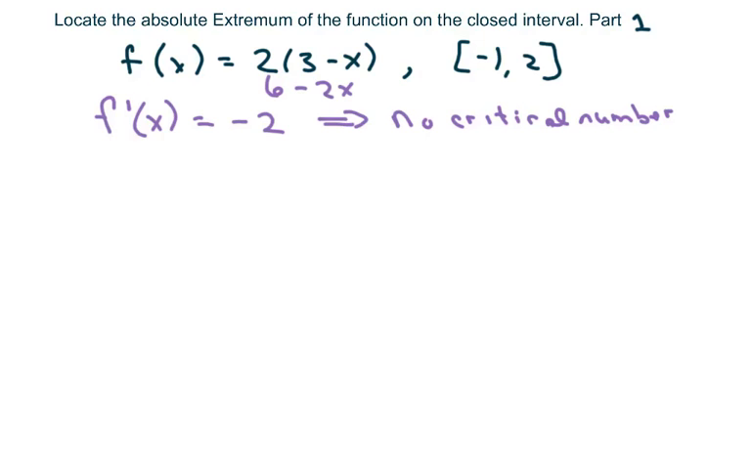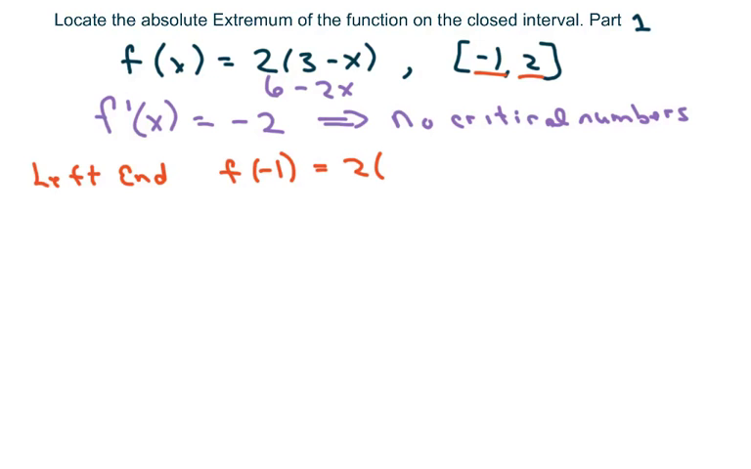When we get further into these, the harder ones, we will have critical numbers. Now, what we have here is this closed interval, negative 1 comma 2. So for the left endpoint, I'm going to evaluate f of negative 1. And when you plug in negative 1, you're going to get 2 times,